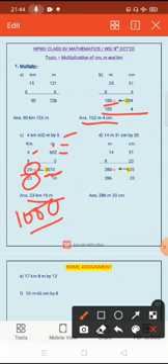Now do the last sum. Again you have to arrange this sum in the column, then multiply. Here the units are meter and centimeter, so write the units on the top, meter and centimeter, then put the numbers in the proper place. 14 meter 31 centimeter, and here we have to multiply by 20, a 2 digit number. The same steps we will follow. At first the centimeter part to be multiplied, then the meter part.